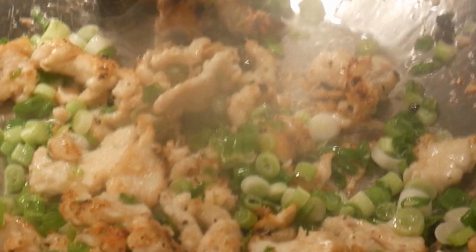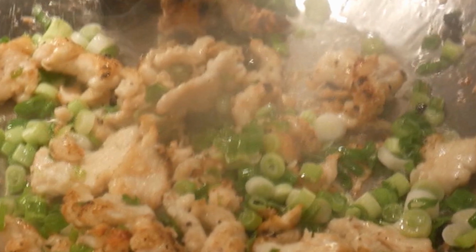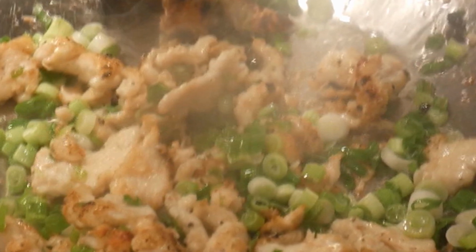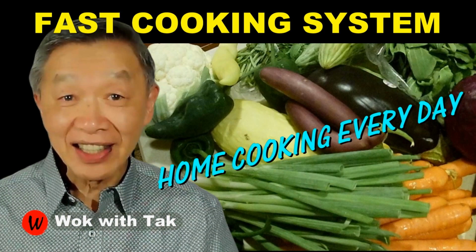A lot of the time, by making small changes, you can make a significant impact on the outcome of the dish. And that's why I think it's very important to continue to experiment with your stir frying. And sometimes through intuition, you will come up with a unique flavor. And this will make home cooking interesting. And this is why I think it is great to be